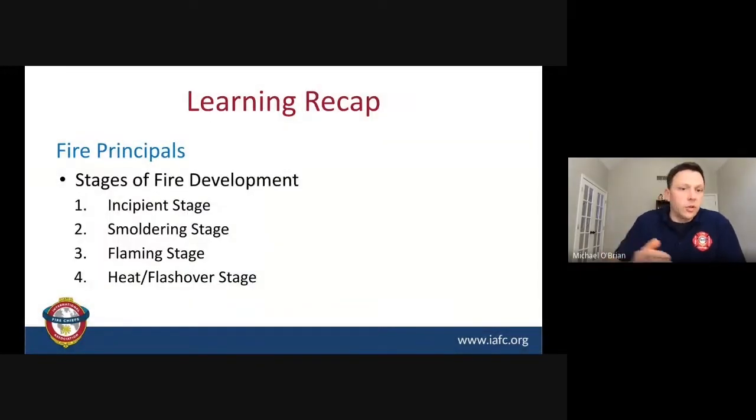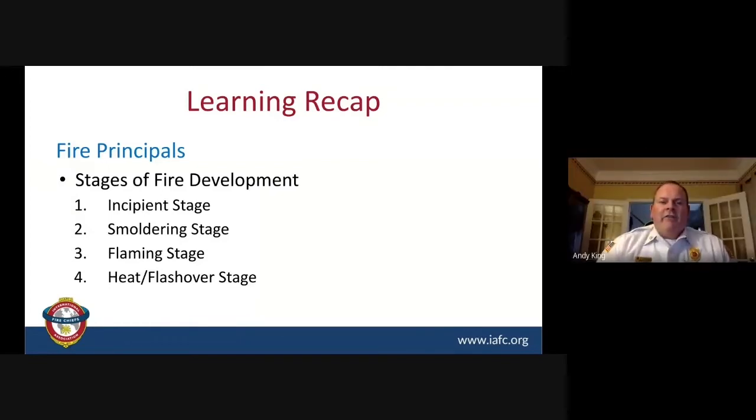And Chief King, as you look through the stages of fire development, can you recap that for us and maybe tell us how you think it interacts with the fire alarm system? The stages of fire development, the incipient stage, that's where we really have a great opportunity to catch the problem. It's the very first one. That's where we'd like to recognize it as soon as possible. But we also don't want to have false activations either. So that's the key. The smoldering stage is an increase or decrease of oxygen, which lowers the rate and spread of burning. And the fire is definitely becoming more dangerous from a life safety standpoint.